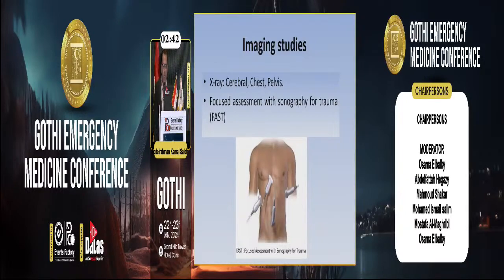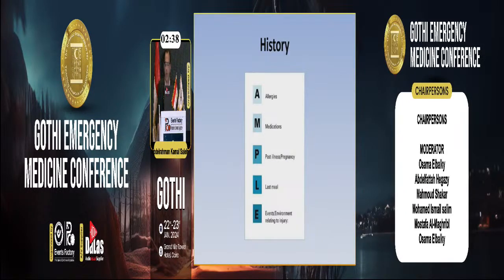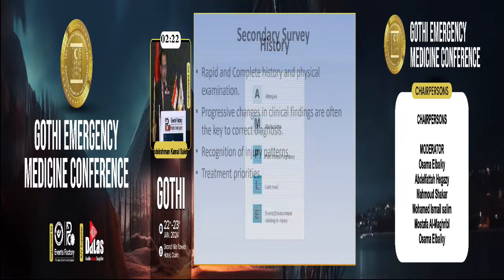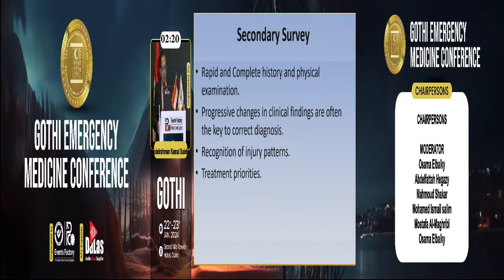Left hypochondrium and pelvis. This must be associated by rapid history, AMPLE history: A, allergies; M, medications; P, past illness or pregnancy; L, last meal; E, environment relating to injury. Then we will go to the secondary survey, a rapid and complete history and physical examination of the